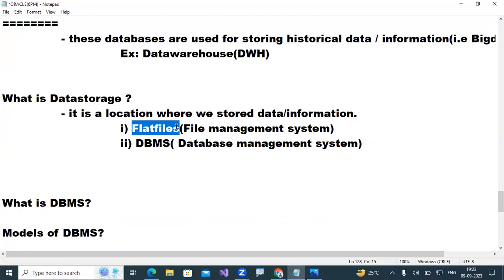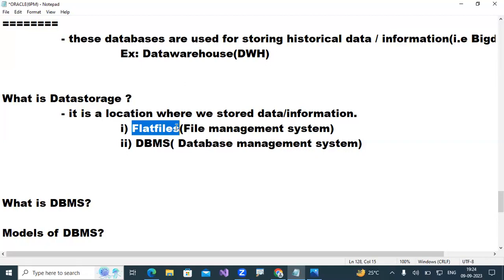Anybody can come and open my file and see my data. If I save any sensitive or confidential data, like my account number, user ID and password, and I leave this system and go home, anybody can open my system and see my password.